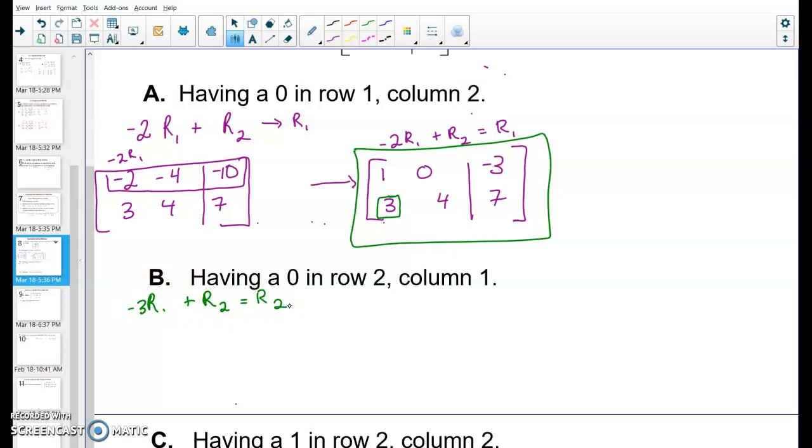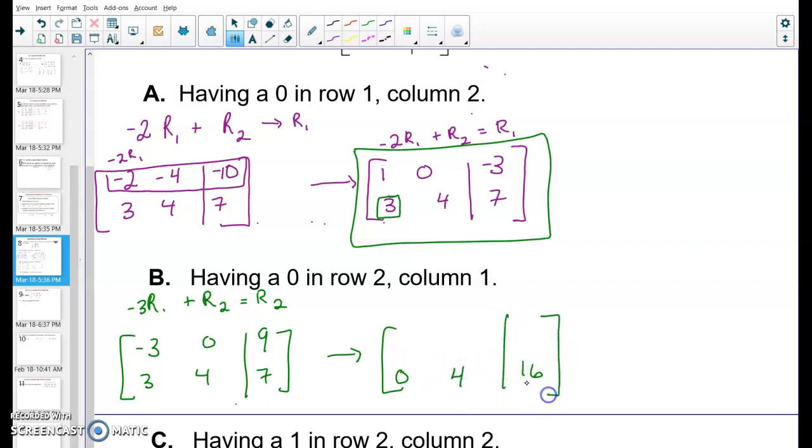Okay, so all of these operations I'm doing right now are replacing row 2. So I need a 0 in row 2, column 1. So I need that 3 to become a 0. So let's do -3 times row 1. That's your first step. -3, 0 doesn't change, 9, and then you have 3, 4, and 7 again. Now we're adding that first row to row 2, sorry. Okay, so this will become 0, 4,